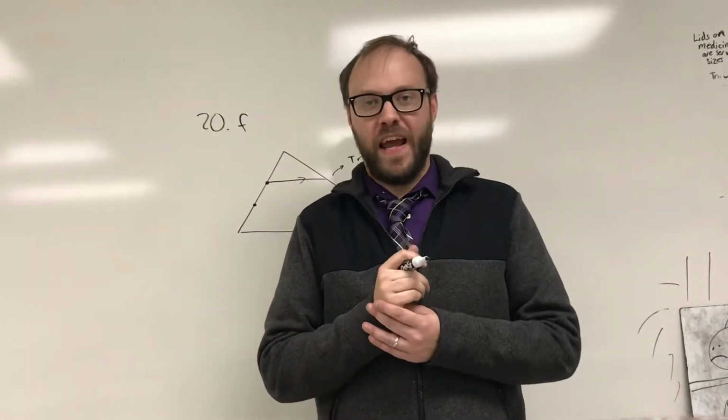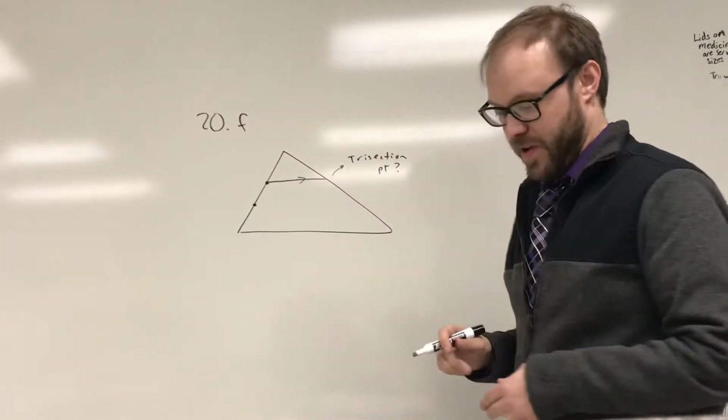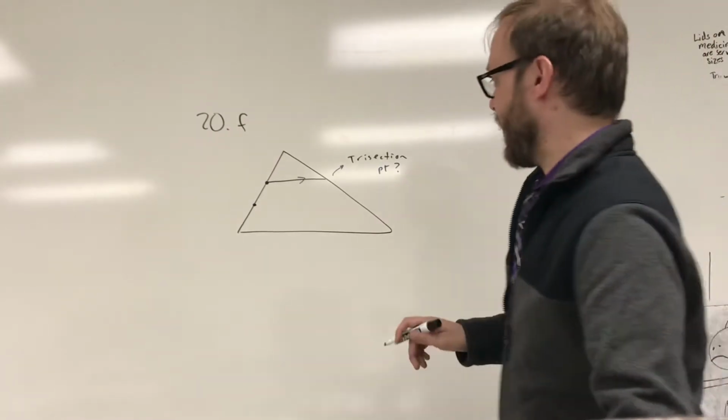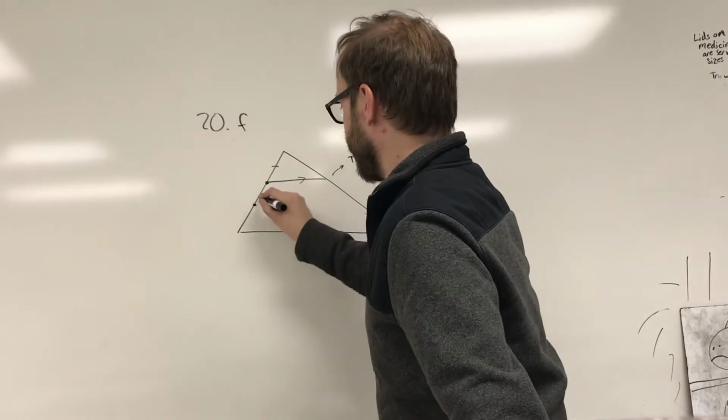Several people ask about 20F on the review. 20F is relatively quick. The wording on 20F says if a line intersects the side of a triangle at one of its trisection points, so we've got trisection points here,